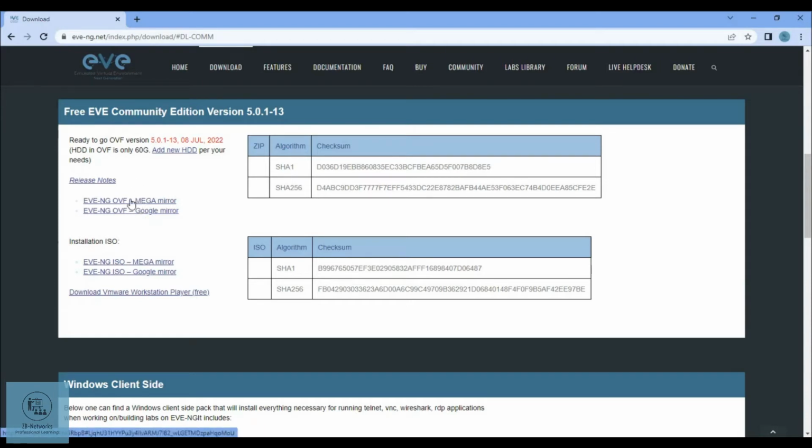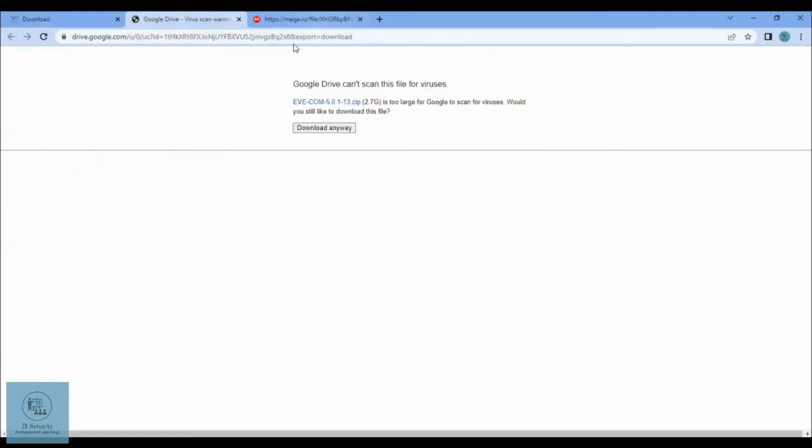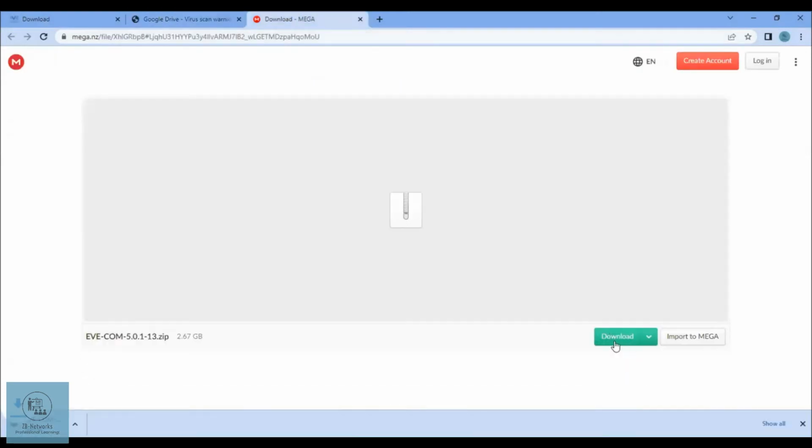Now based on the speed, and sometimes because the Google mirror is not working because of multiple downloads and all, you can also download this from the mega link. So I'll open both of them like this, and you can go and click on download on the Google, or you can also go and download from the mega. So I've downloaded from the Google and I'm waiting for this to download. This is the new version which has been recently released, the 5.0,